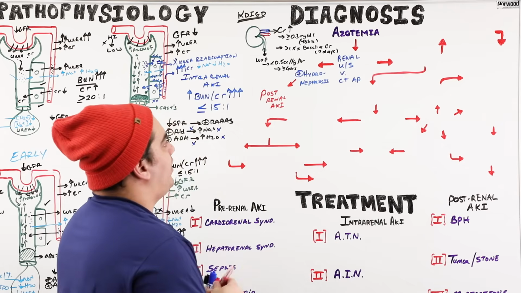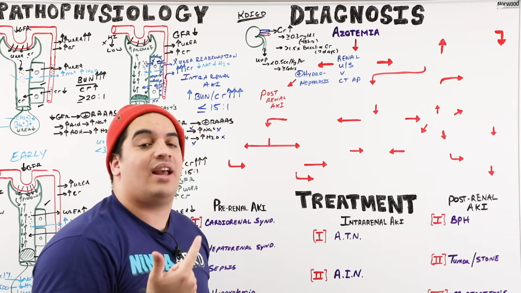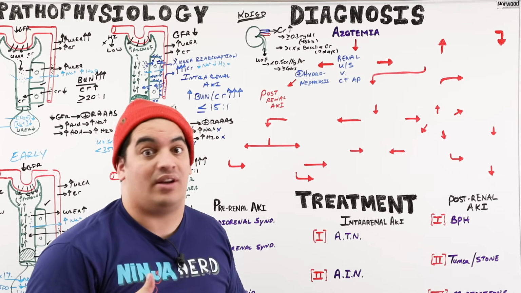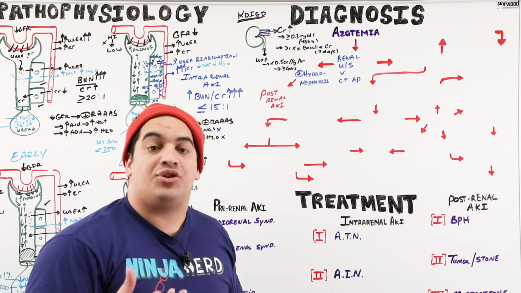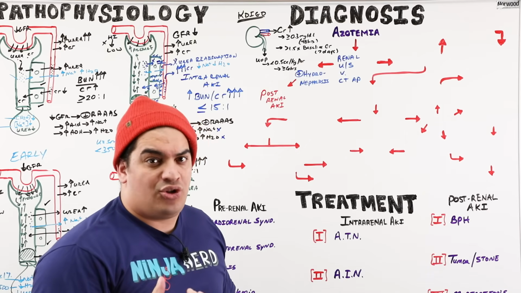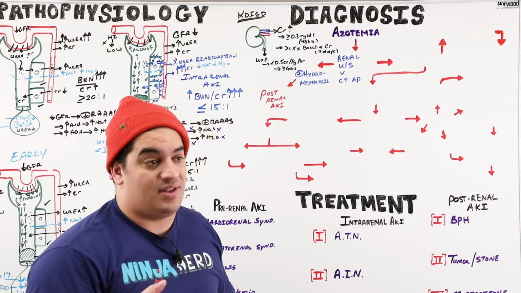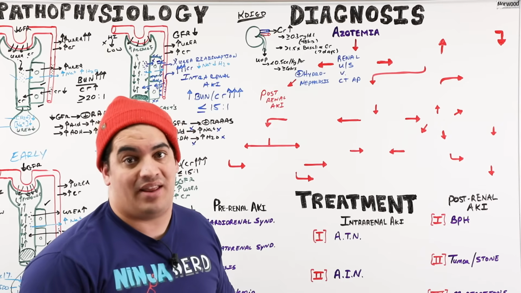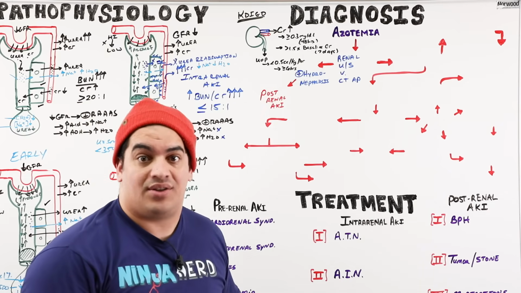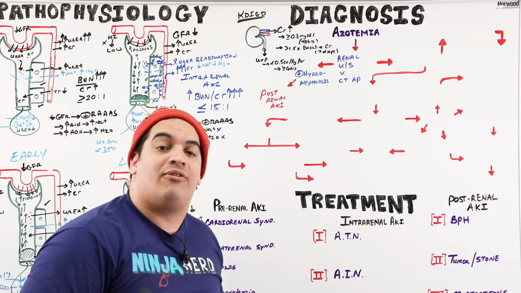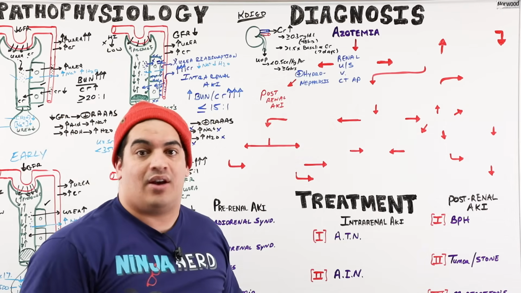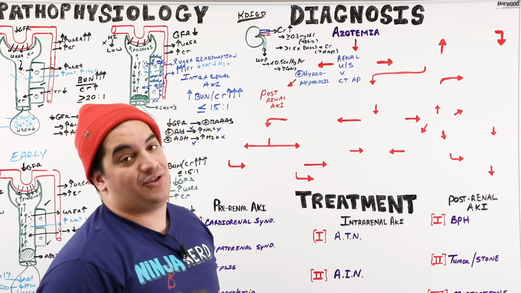And then you can start looking at their history. Do they have a history of BPH? Do they have a history of prostate cancer? Are they taking any medications like tolterodine, solifenacin, oxybutynin? Discontinue those. Do they have a neurogenic bladder? Is there a cause for them having this? Do they have a spinal cord injury, Parkinson's disease, or multiple sclerosis, and that's the reason why they have this neurogenic bladder? Do they have a kidney stone? Okay, I got to fix the kidney stone. Do they have a tumor in their abdomen? You can further evaluate that based off of quickly looking, do they have a renal ultrasound or a CT abdomen pelvis that shows significant hydronephrosis?